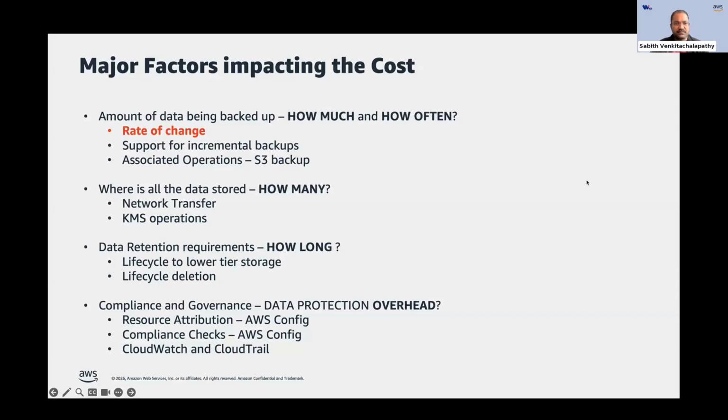And the fourth category is something that a lot of users overlook, which is actually the overhead of doing any backups. So if you're relying on a particular component like AWS Config to perform reporting, most of the time you would overlook the attributing charges, which are AWS Config charges, for example. On the other hand, you might also have things like KMS operations, API calls on S3 buckets and all those things, which generally is the overhead required to perform the backup operations in this case.